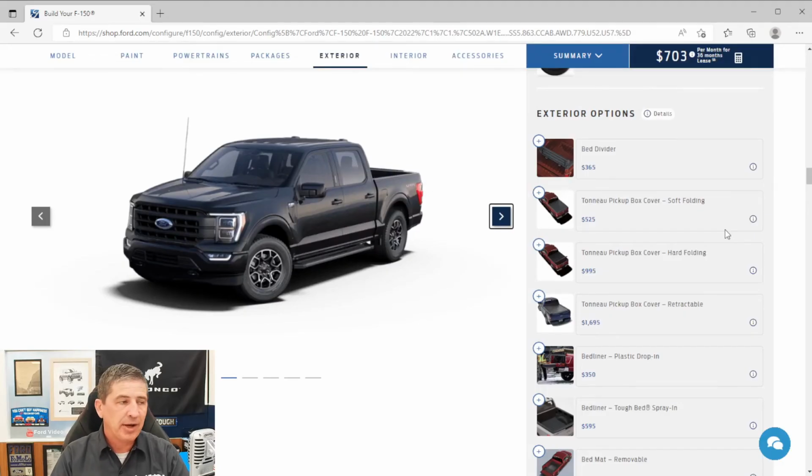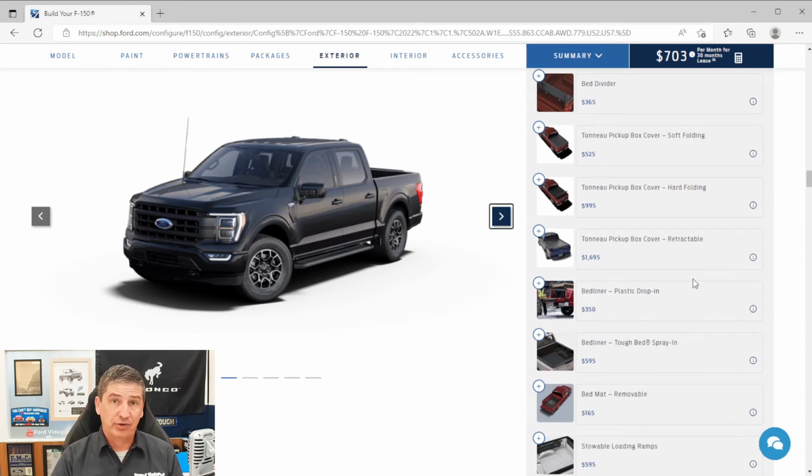Okay, now we're going to talk about your standalone options. And as we talk about those, of course, we're going to use this as a reference, because I want to let everybody know when you're looking at the extra options, there are things in here that some of these are factory options that can only get at the factory, but some of these are